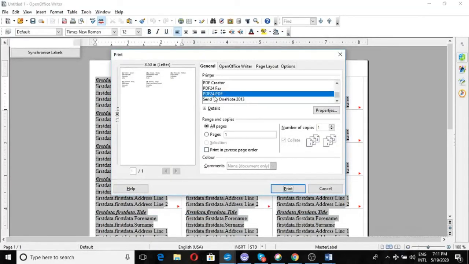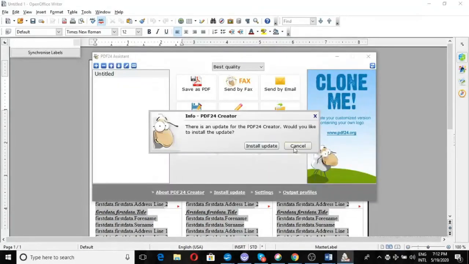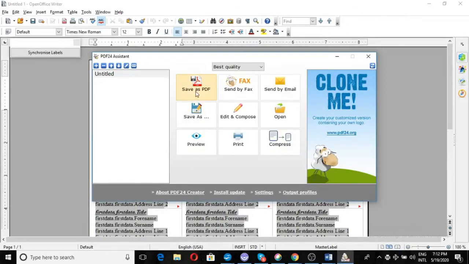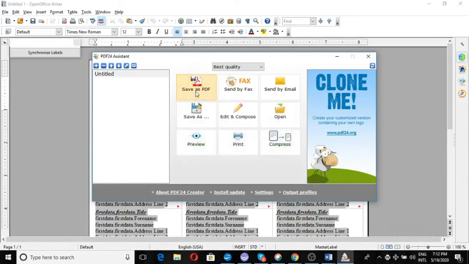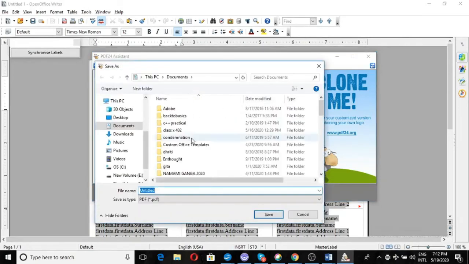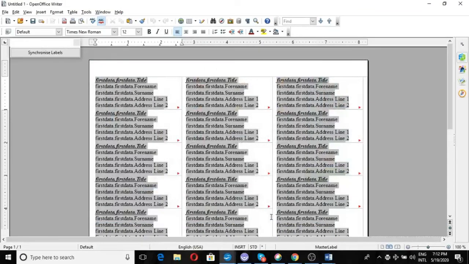I'm saving it in a PDF file. Print it. It will ask me where I want to save it. I want to save it as a PDF file. A PDF for the labels is being created. I can just save it with the name, first label, and then save it.